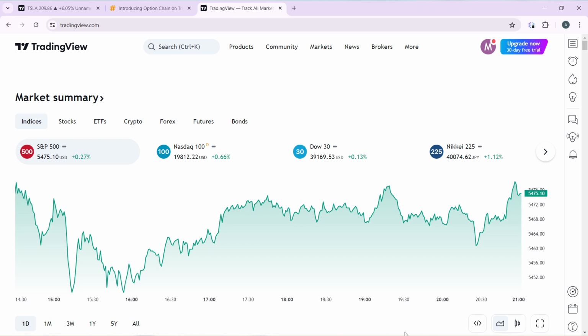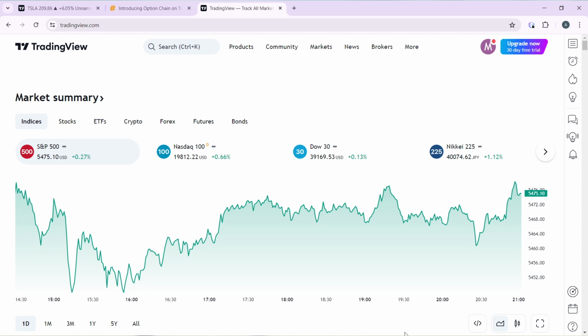Once you get into the website, don't forget to follow the on-screen instructions to create your account. And after signing in successfully, it's going to take you right into this fantastic homepage where you can now explore a lot of features to have an exciting time on Tradingview. So now that we're here, let's quickly hop into today's steps, and that is how to invert chart in